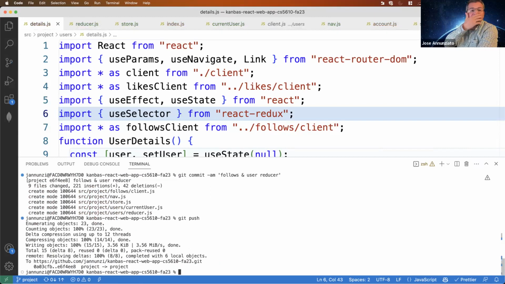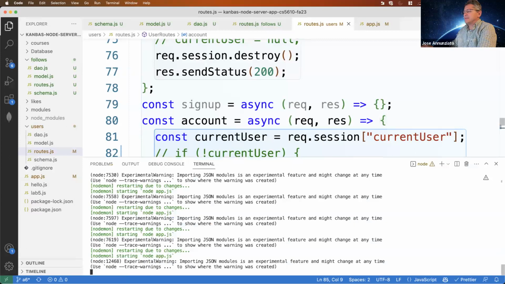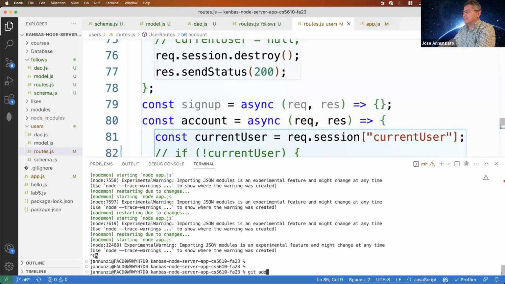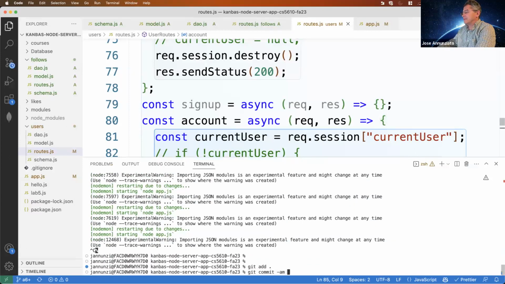So again, feel free to use this as your own, right? Follows and user reducer.